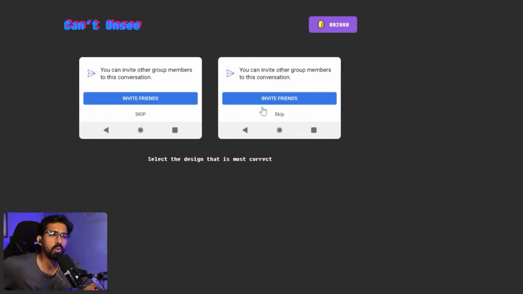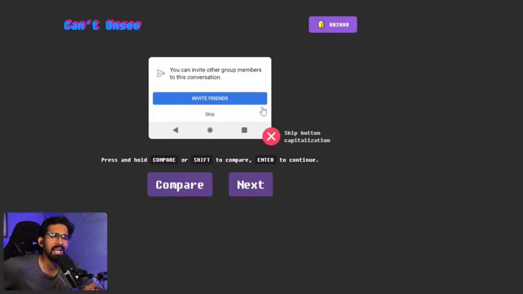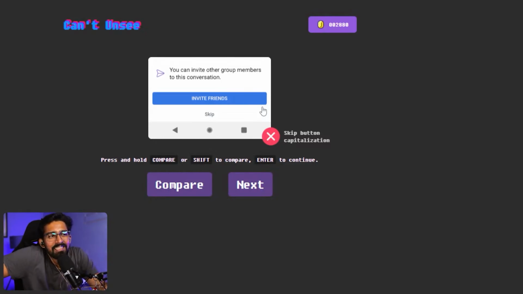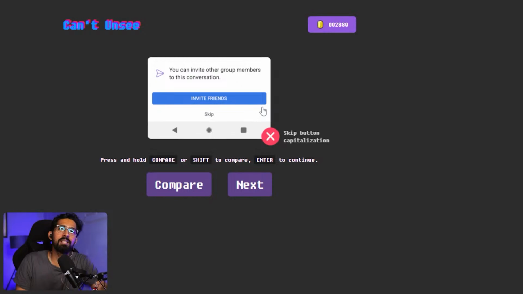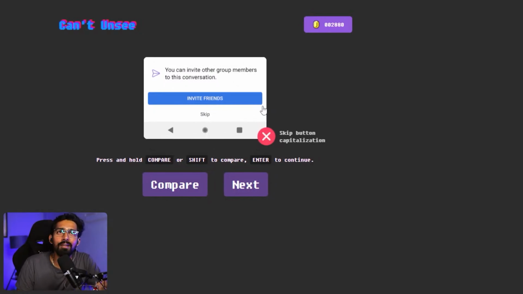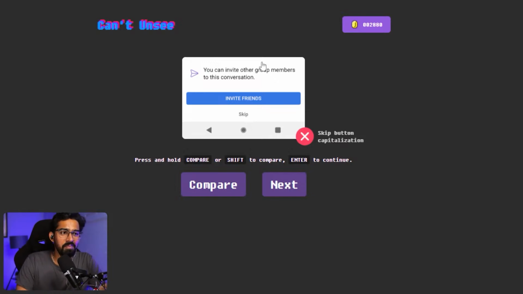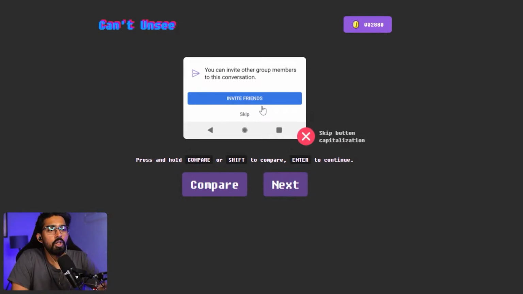Okay, correct or wrong? We'll find out. In 3, 2, 1. No, it's wrong. We were correct. Skip button capitalization: if the primary button is in caps, the secondary should also be in caps. We were right, Ritesh. All the ones were right. Yes, we should listen to the heart and the brain.